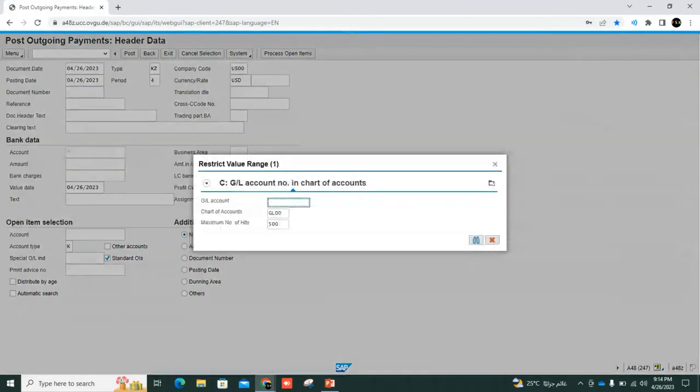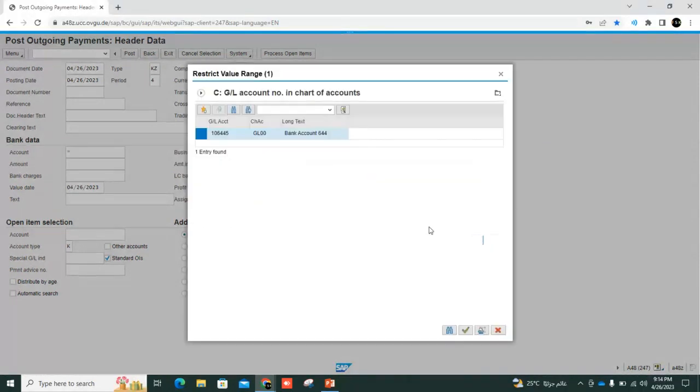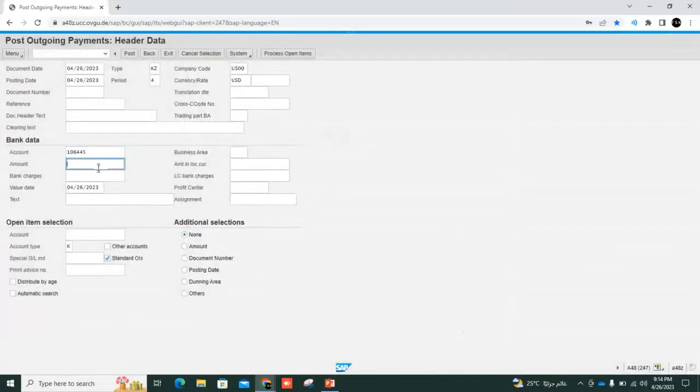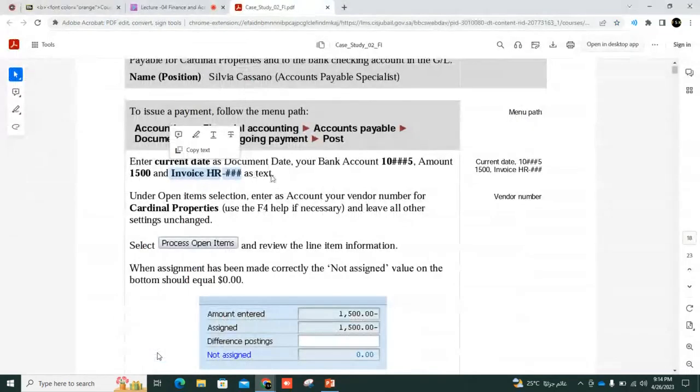This is the bank 106445. This is 1500 and text 644, right? As a text. Okay,